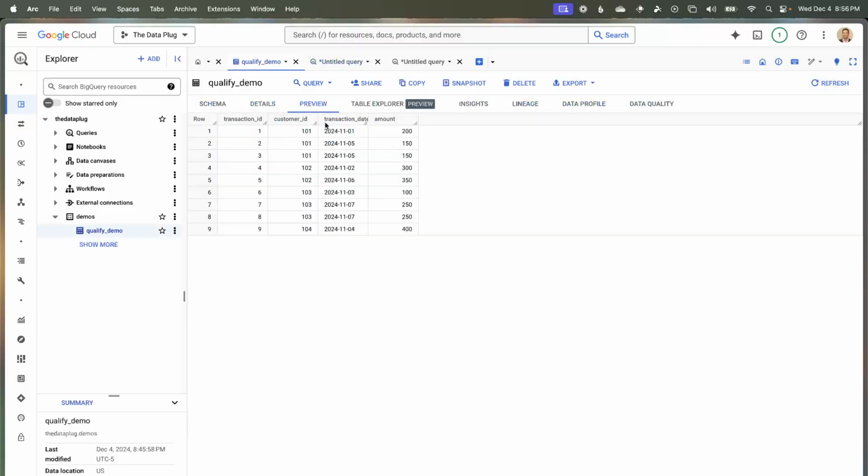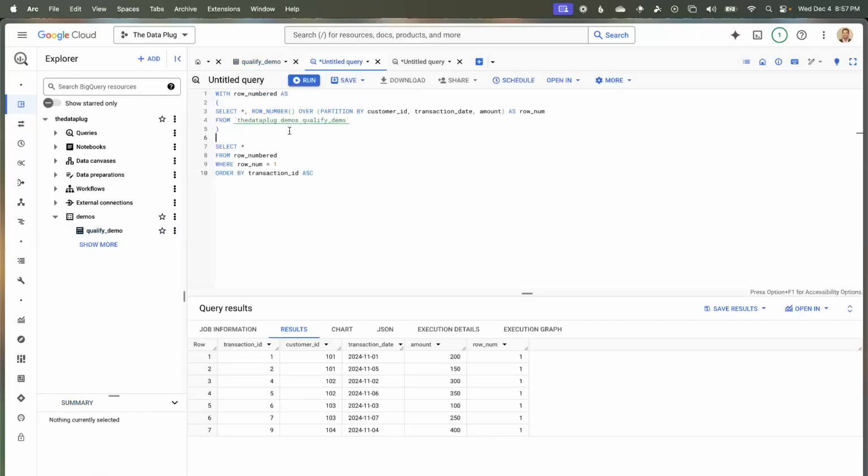So this is a sample data set I've put into BigQuery here. As you can see, just a couple of rows have dupes in them, like here. Besides the transaction ID, this data is identical: 101, 2024, 1105, 150. And same for these two here. So if you're cleaning a data set using SQL, you're typically going to want to identify the dupes and then filter out the duplicates. Something like that traditionally would look like this, where we build a CTE